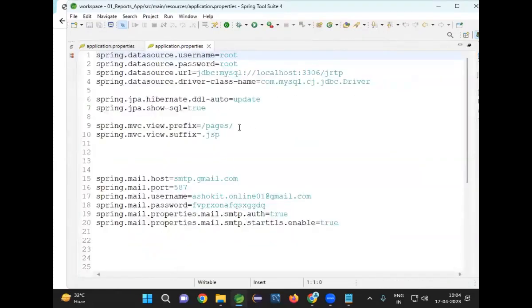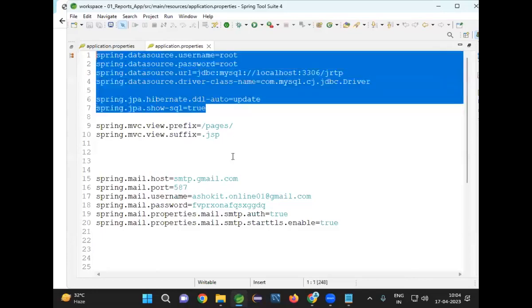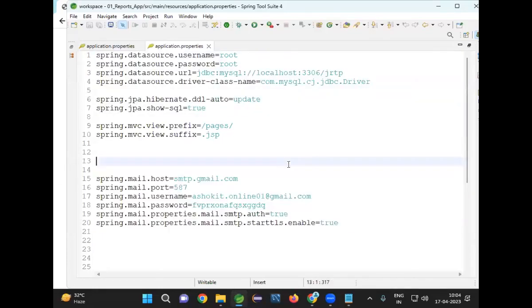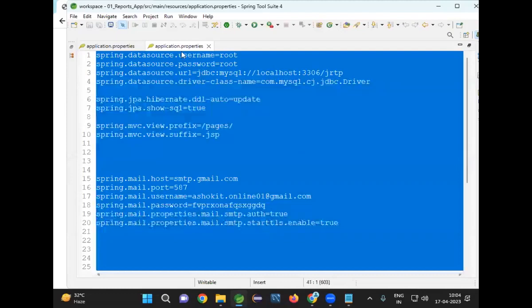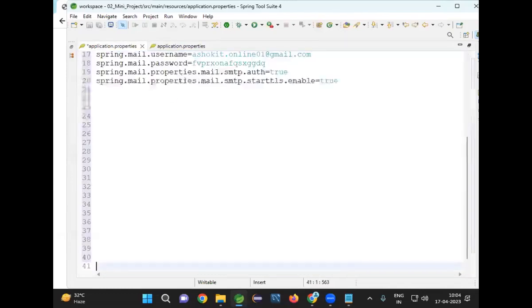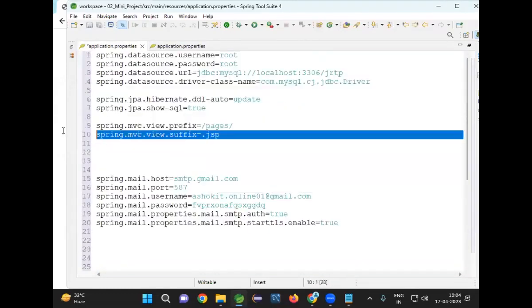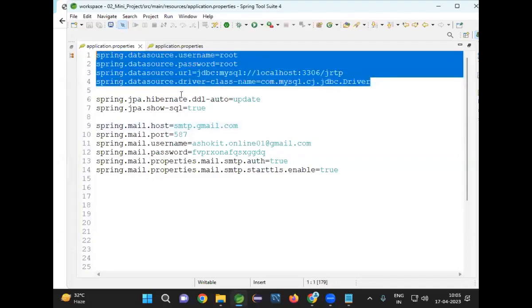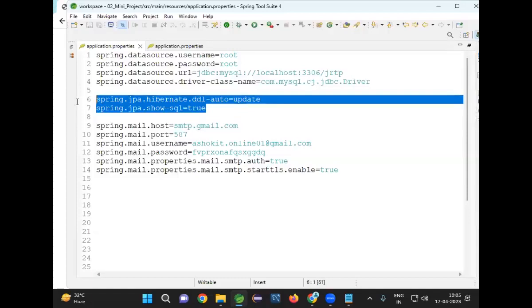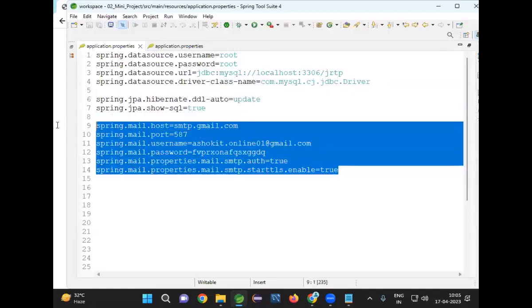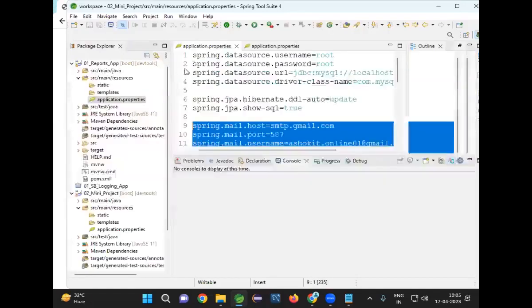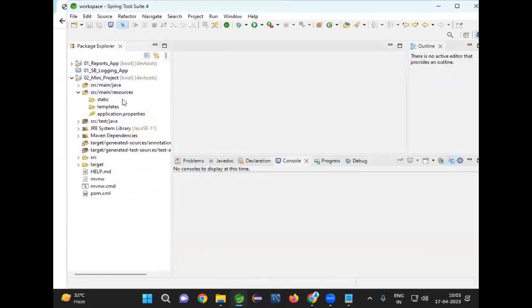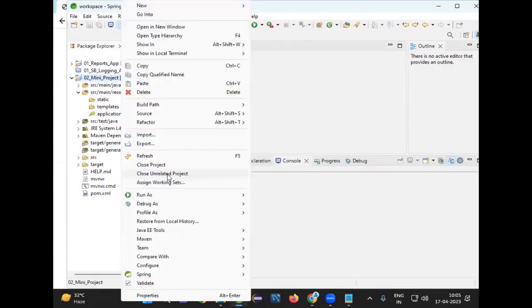So here my data source properties are available. Here my SMTP properties are available. Simply take them and keep it here. Do I need the view resolver? I don't need the view resolver. Not required because I'm using templates, not JSP. So you see here, my data source properties are configured and Hibernate properties configured. My SMTP properties also configured. Perfect. So once that is done, the next step, we need to create